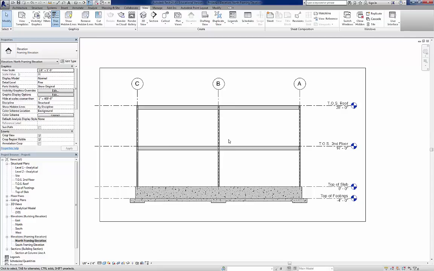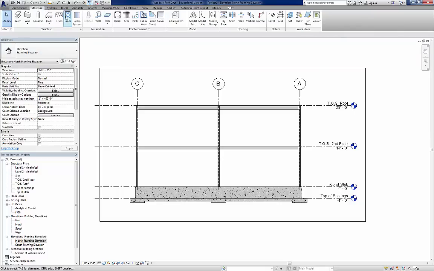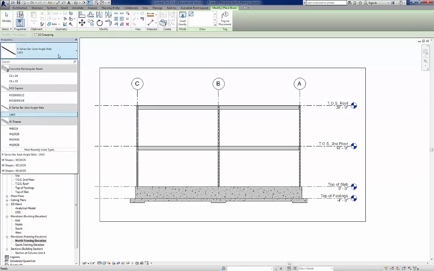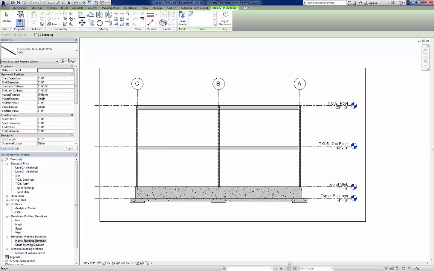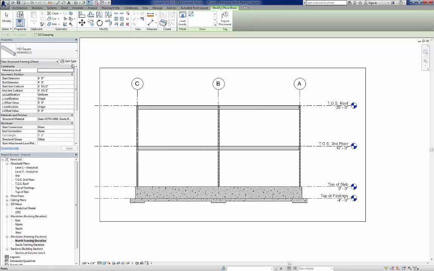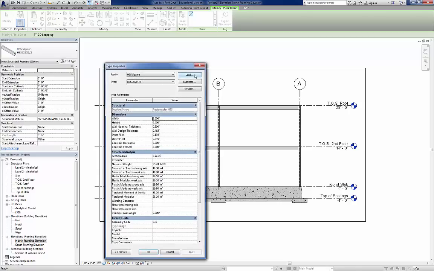All right. Okay, we're going to go back up to structure. We're going to go to the one called brace. We are going to do this with an HSS 4x4 by 1/4 inch. It's hollow steel square 4x4 by 1/4 inch thick. Okay. It looks like we don't have one. I'm going to select a similar one. We'll go to edit, load,